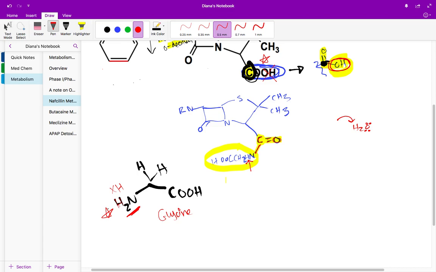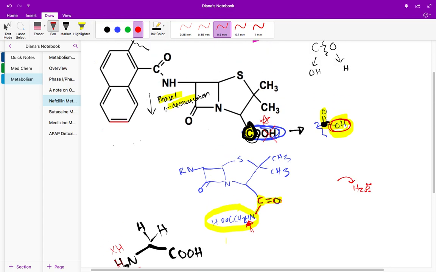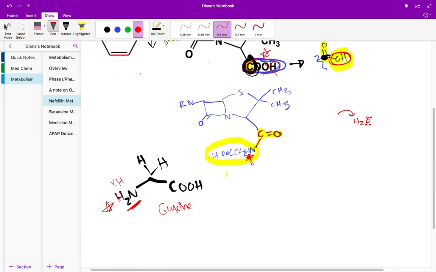Okay, and then what you can do is you can draw out this molecule right here if you want to see how all the bonds are connected. But with glycine conjugation, you just want to focus on what's happening overall. Overall, what you need to know is we have a COOH. That means that we can have glycine conjugation. Glycine is an amino acid. So when the COOH of your drug molecule is going to combine with the amino group of your glycine amino